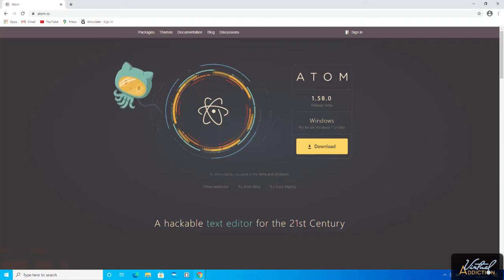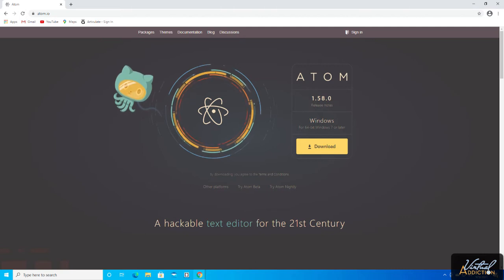Atom supports Windows 7 or later. I'll go ahead and give you a link where you can get more information on installing Atom on your Windows system. But what I'm going to do is show you how you can install Atom right here within Windows. I've just typed in the URL of atom.io, and Atom already recognizes that I'm on a Windows machine,